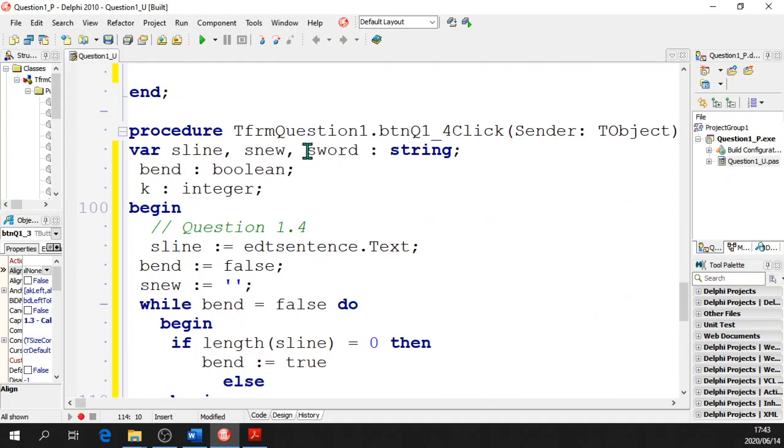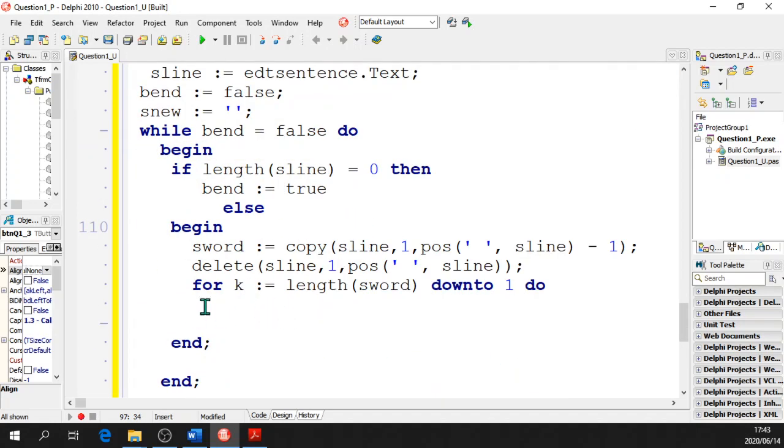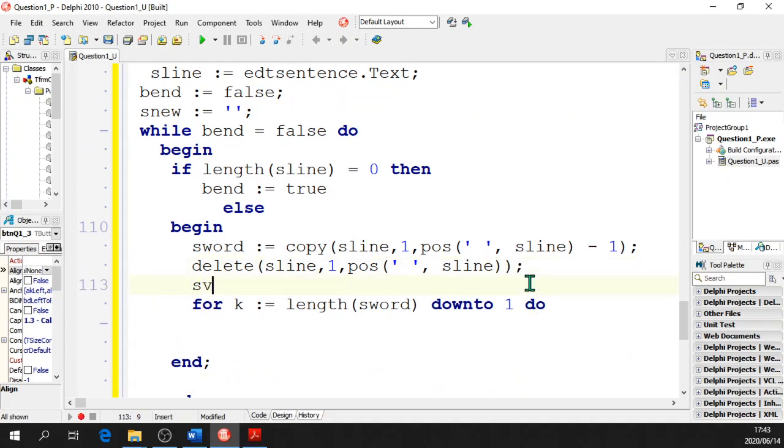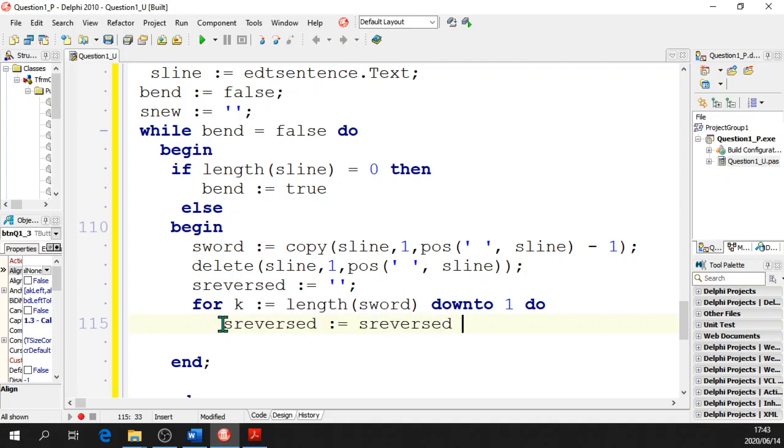It's going to be another variable. I'm going to call it S reversed, for word reversed. And I also have to set S reversed equal to an empty string. So I'm building an empty string inside this as well. It's a bit messy, eh? So we have our S new, which is a big long sentence, and this S reversed word is over here. S reversed equals S reversed plus